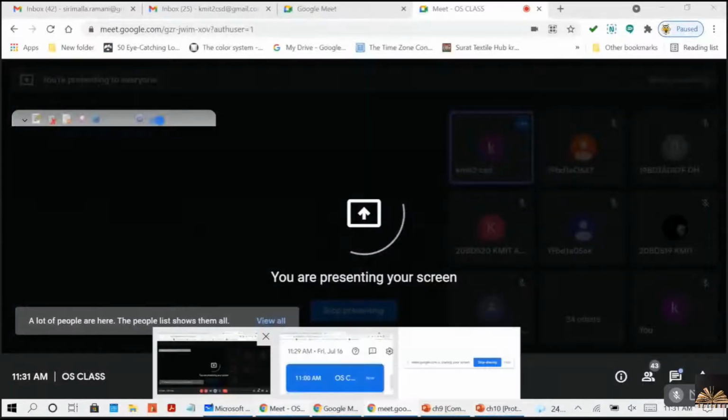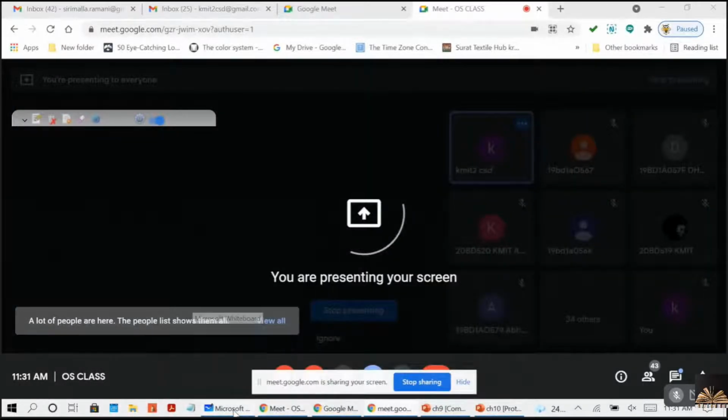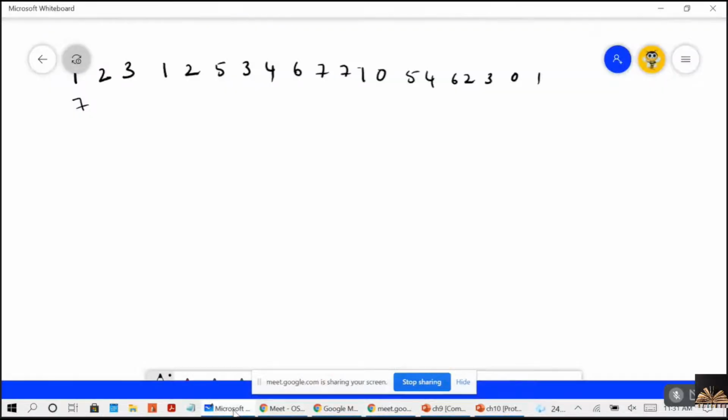Okay, fine. Now, let's see. I'll show you the optimal and as well the value-based replacement, right? So we try to solve here only.